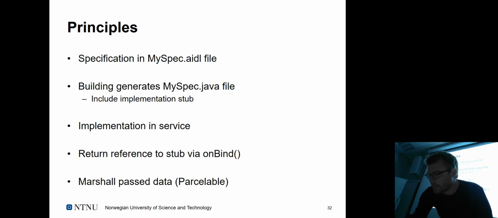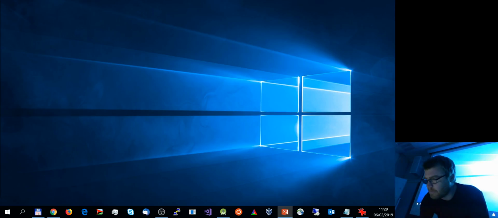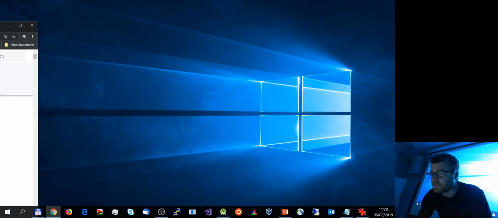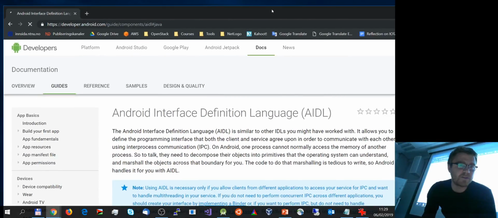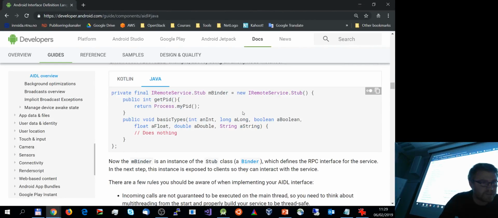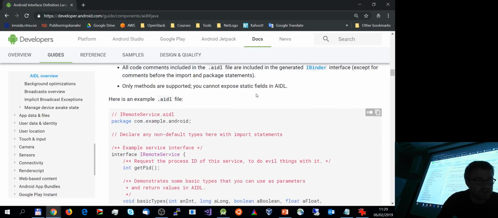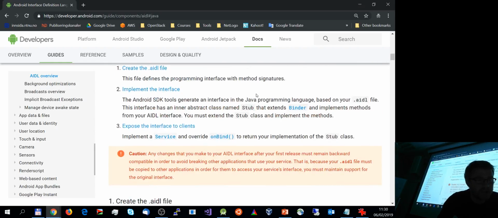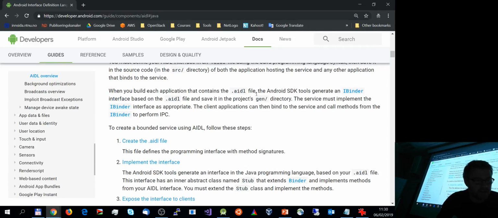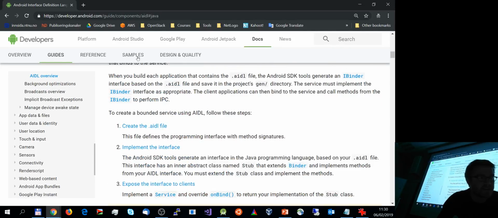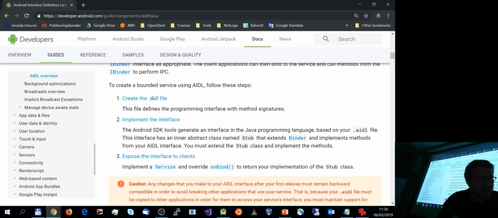Instead of me showing a made-up example, I will briefly give you an insight into the AIDL and just point you to the website. By the way, all the links that I'm using, the resources, are in the slide set, so you can retrace that on your own if you're interested to explore that later on. The Android example is fairly contrived, admittedly. So you'll find it under developer.android.com guide components AIDL, sorry. And it basically describes the process.